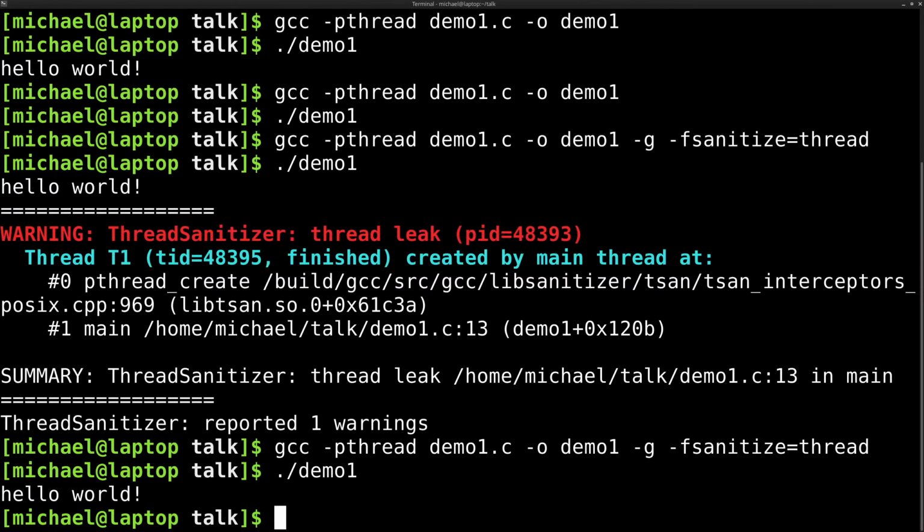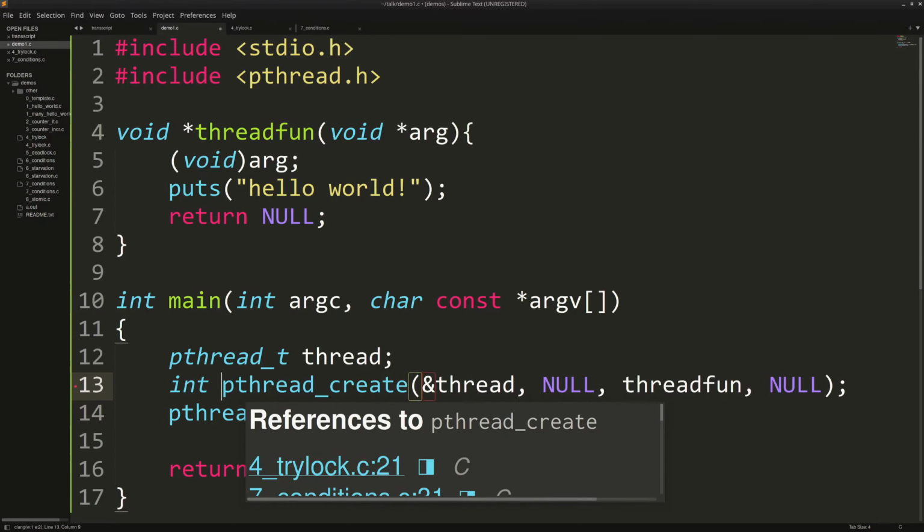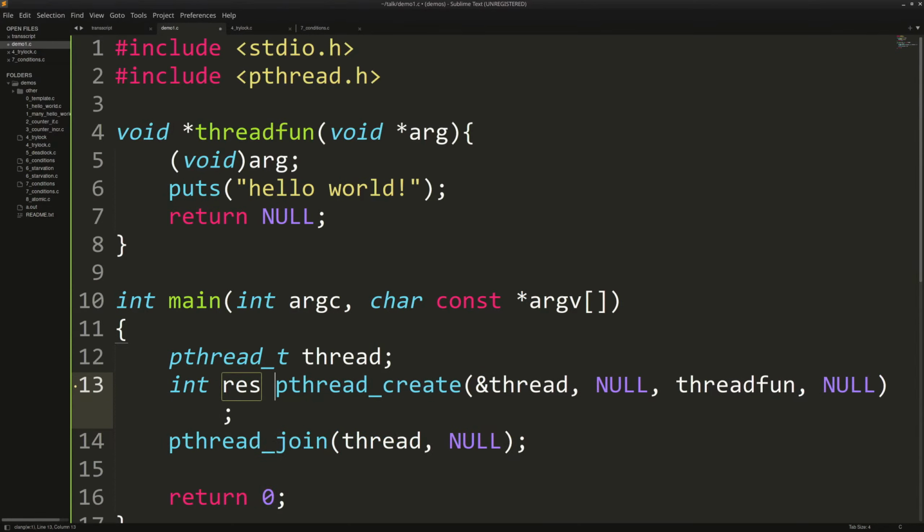Somebody asks, some pthread functions take pthread_t as a pointer and others take it as value. Yes, that's right. This is called an output parameter. Because C only has a single return type, you have to pass in the object that you want to modify. So pthread_create takes a pointer to thread because it modifies this variable itself, and therefore it needs a pointer. And actually pthread_create has a return value which I'm completely ignoring.